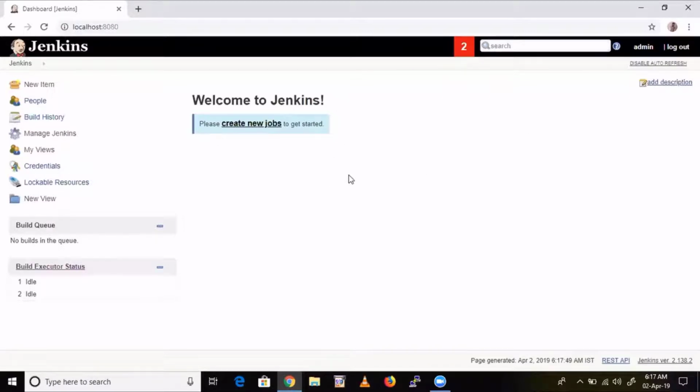First, be familiar with this dashboard. Right now you can see logout. From here you can log out, and it's admin. You are logged in as admin. Disable auto refresh means we have already enabled it. By default, auto refresh should be enabled. You can see one blink kind of thing here. After every 10 to 15 seconds, the page will be refreshed automatically. And from here you are going to create new jobs. I'll tell you what a job is. We are going to do it now.